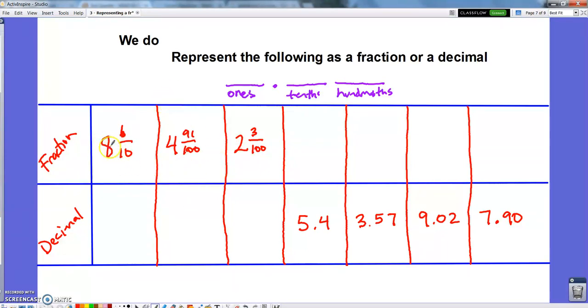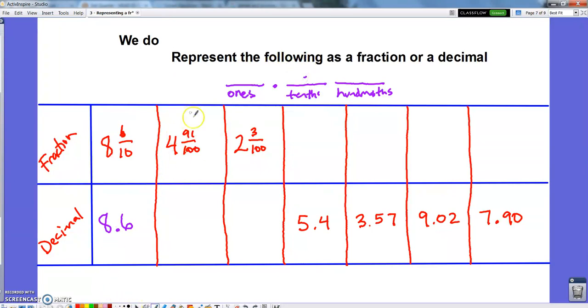All right. So this is 8 and 6 tenths. So when I say 8 and 6 tenths, I'm saying 8 and I'm talking about tenths. I say the word tenths, so I'm going to put my value in the tenths spot. 8 and 6 tenths, and that's the number. I don't need any hundredths because I don't have any hundredths. 8 and 6 tenths. So this says 8 and 6 tenths. Next one,